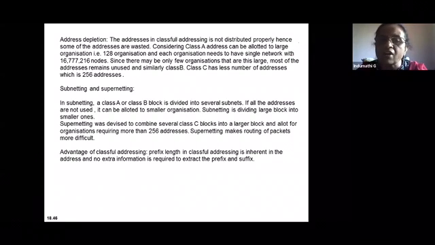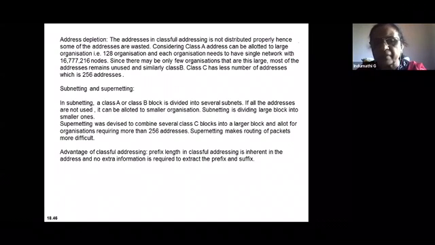But all organizations do not want to go for subnetting. The other solution for address depletion is what you can use as supernetting. What do you mean by supernetting is, suppose an organization takes class C address which has a limitation of 256 addresses. They want more than 256 addresses, then they can ask for two class C addresses. Because class A becomes too large for them, instead of using one class C address, they can opt for two class C addresses and club them together to form a larger block of addresses. This is what is called as supernetting.